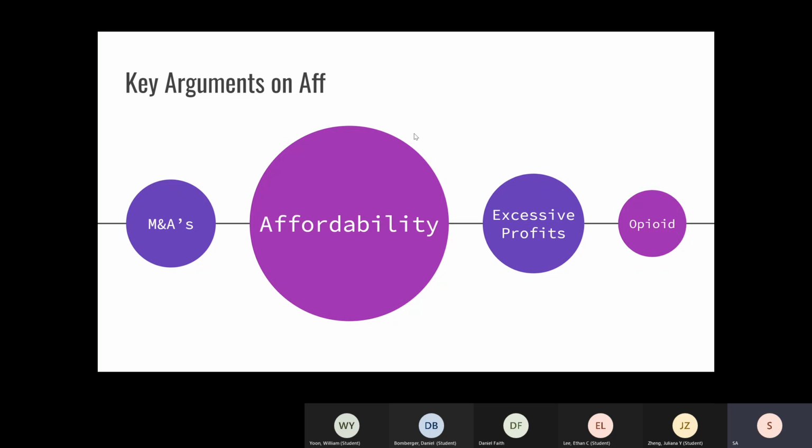So I would advise y'all to take notes because y'all are going to have to write a block file for this. But yes, these are key arguments on AF. And then on neg, the biggest one obviously is innovation, right? They don't have money because of price controls, which means they can't research, and inventing a new drug costs billions of dollars. I would say the second biggest one is tiered pricing, which is basically companies